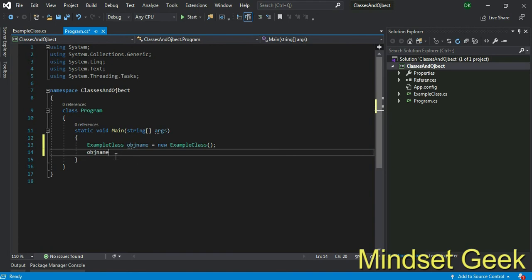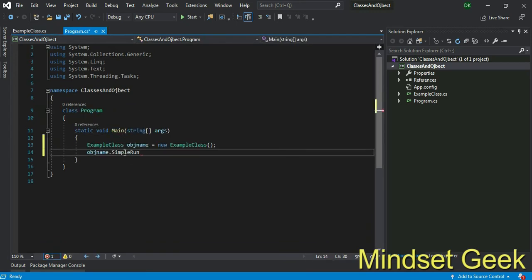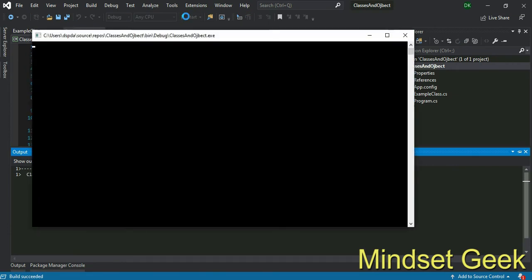Actually we can use this in one line also. This is the way to access a method inside a class.